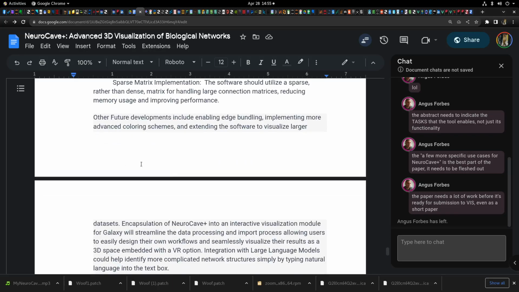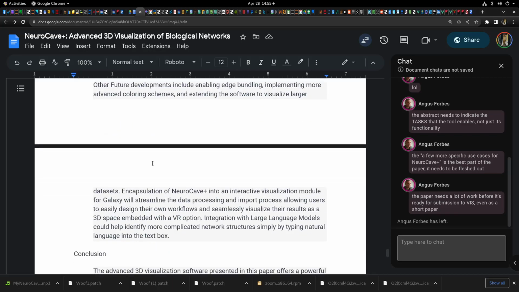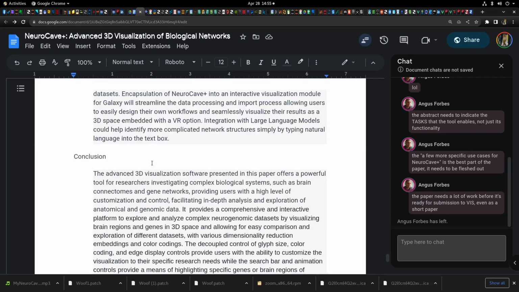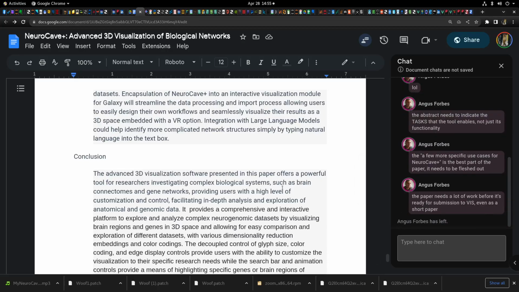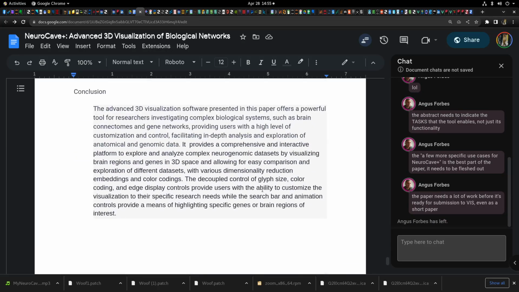to visualize larger datasets. Encapsulation of NeuroCave Plus into an interactive visualization module for Galaxy will streamline the data processing and import process, allowing users to easily design their own workflows and seamlessly visualize their results as a 3D space embedded with a VR option. Integration with large language models could help identify more complicated network structures simply by typing natural language into the text